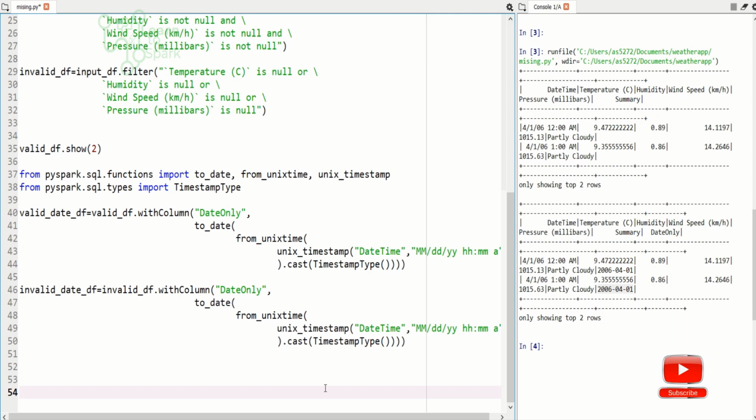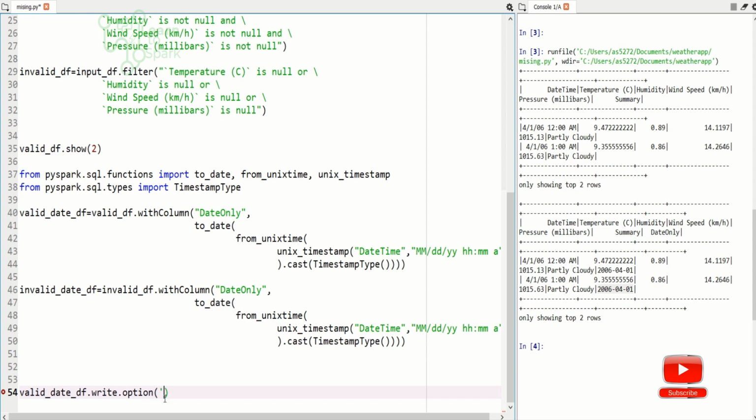Let us quickly add the partition by. So for adding partition by, I will write this output as a CSV file, the same command that we used, valid.write. I will give options first.